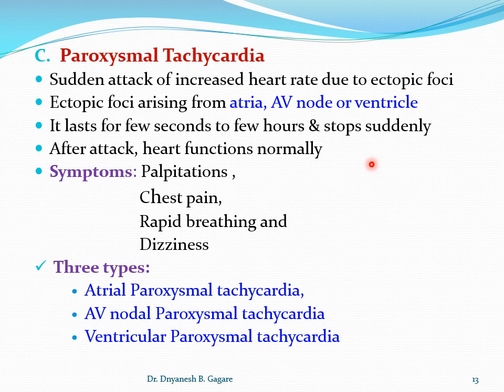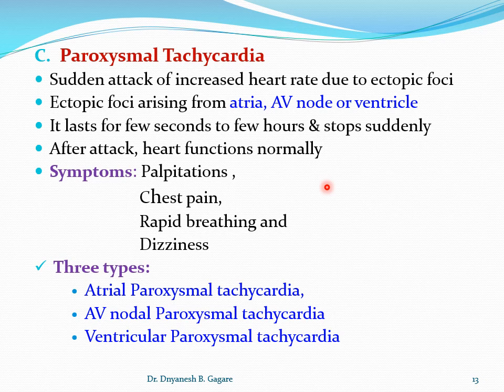Now again I will try to tell you, normally the SA node generates the impulse and it spreads over the heart. But sometimes, maybe due to less blood supply, or irritation of another part of the heart, for example the atria, meaning atrial cardiac muscle, ventricular myocardium, or AV node, any one of these starts its own impulses. It's okay, no problem if they generate the impulse, but the rate of their generation may be high.